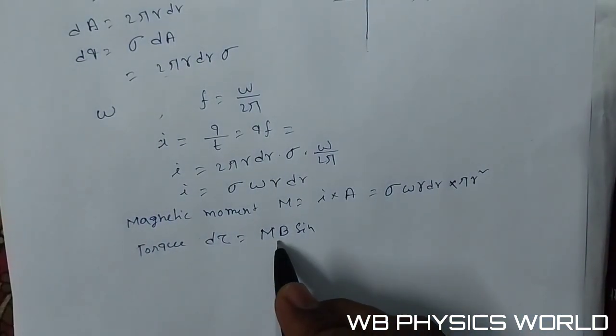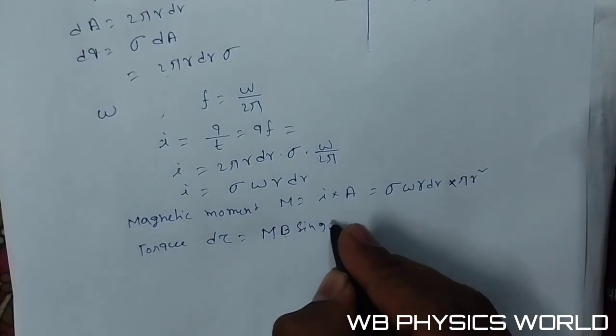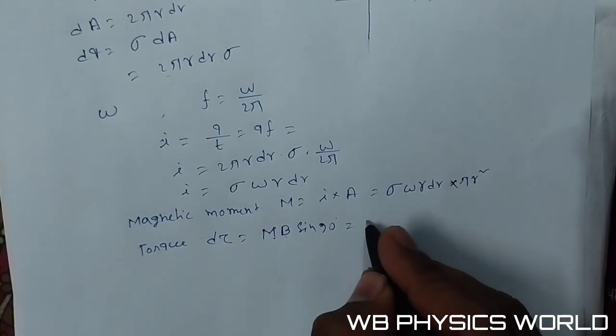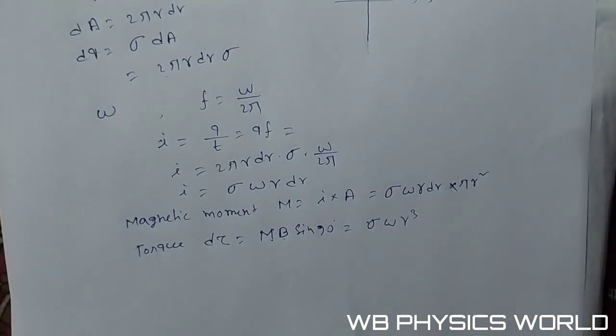Here the angle between m and B is 90 degrees, so this is sigma omega r cube